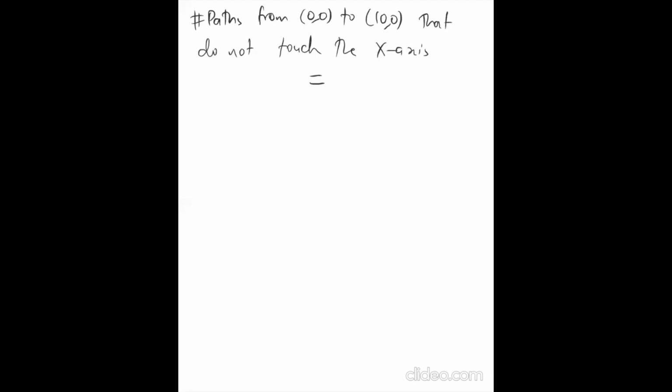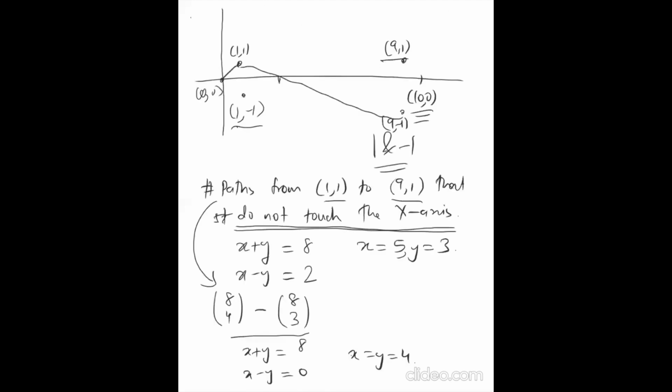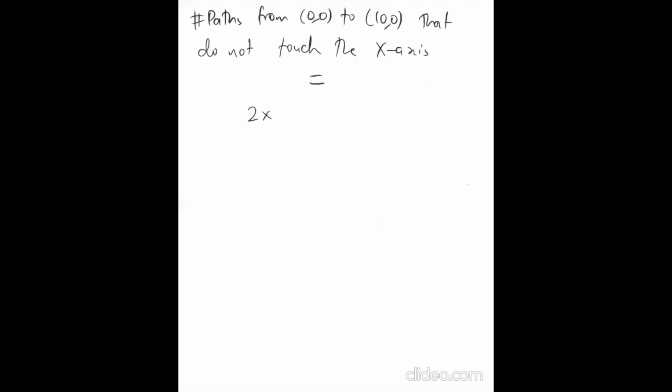So we said we need to multiply the answer we got before by 2, because this was just one part of the problem. We just got this thing that we calculated. That just gave us the number of paths from (1, 1) to (9, 1) that stayed above the x-axis, right? So we also need to calculate the number of paths from (0, 0) to (10, 0) which stay below the x-axis the entire time. So we need to multiply by 2 because the number of paths is the same.